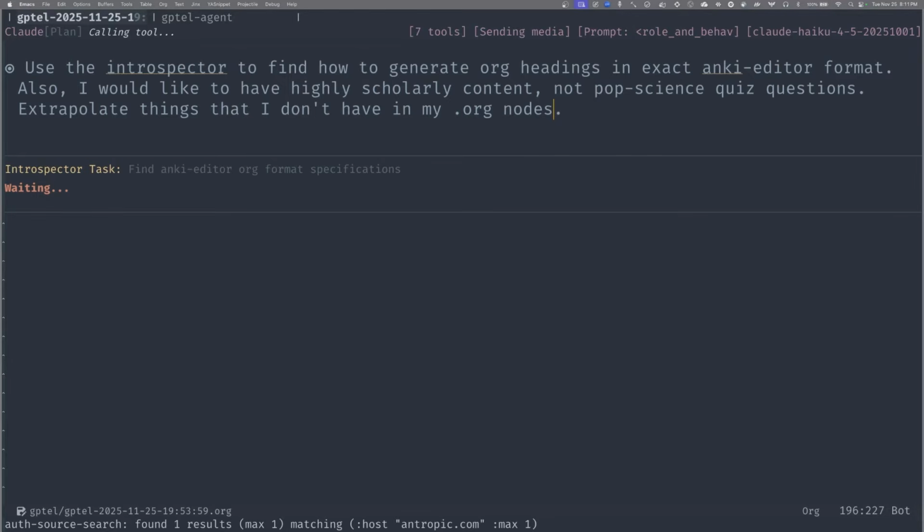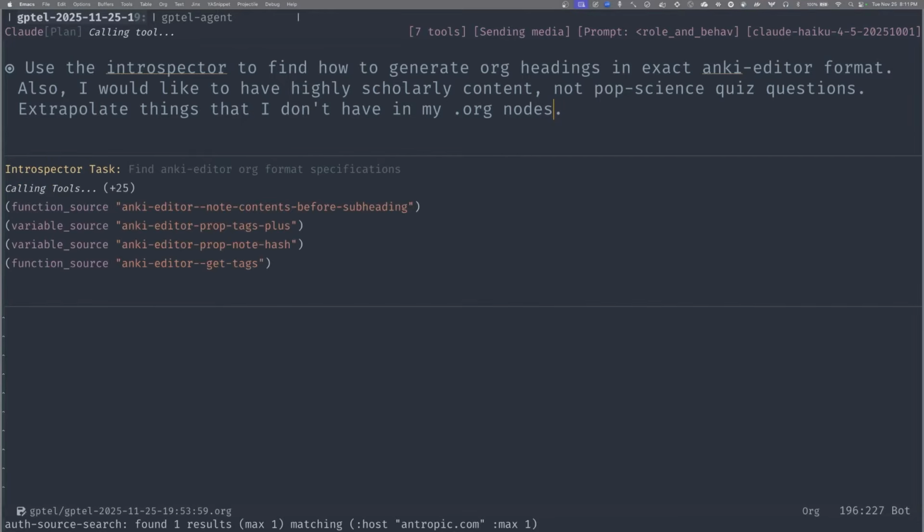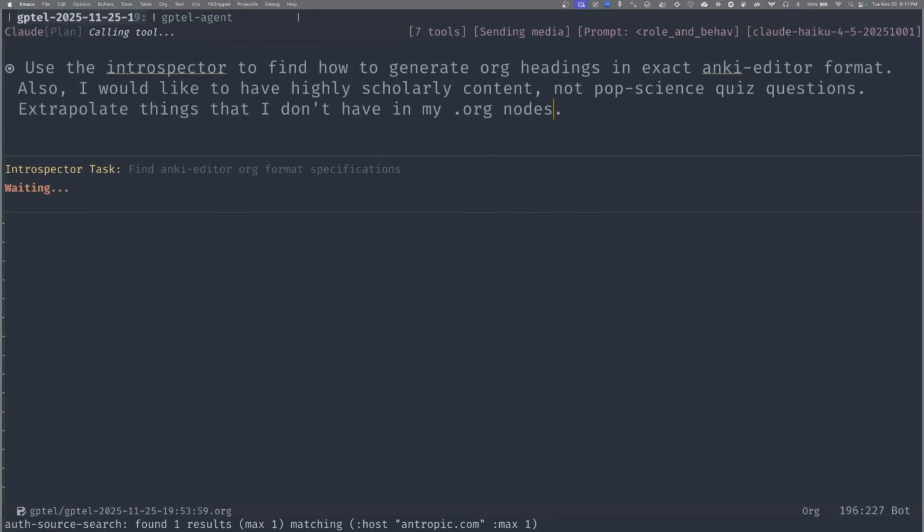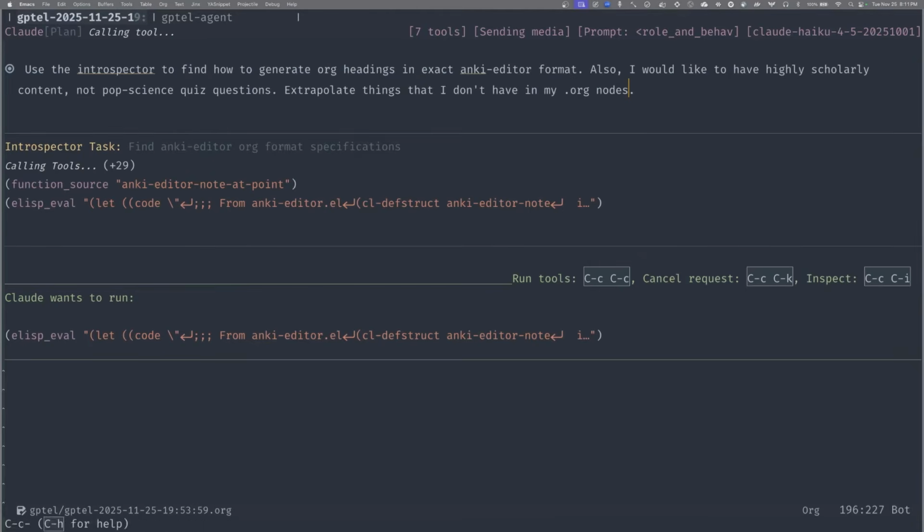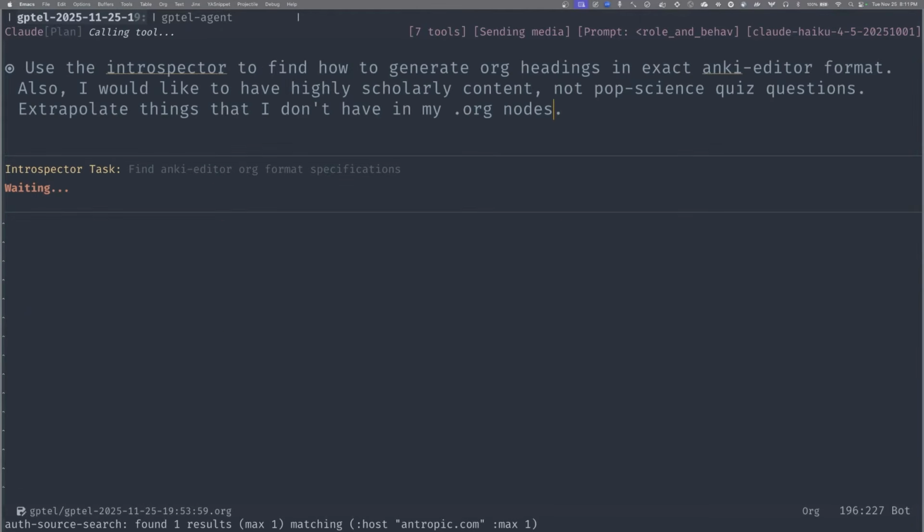Yeah, this is very Claude Code. In fact, I even named the tools that ship in this package the same or very close to the names of the tools in Claude Code, because I would like sub-agents written for Claude Code to be reusable with gptel-agent.